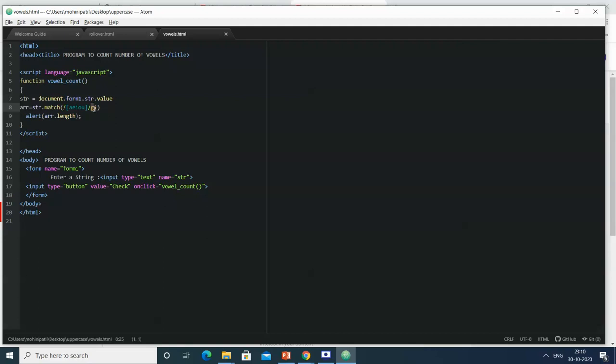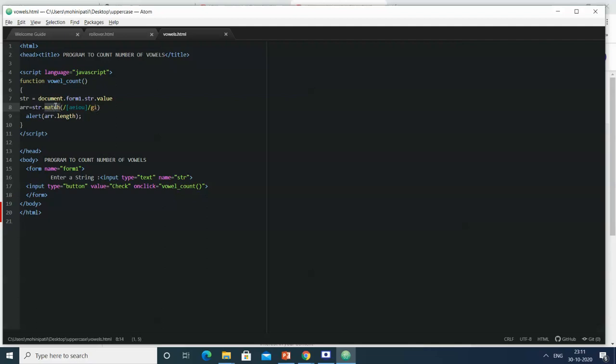Second thing is we want to check in the entire string. That is, if my string consists of multiple words, I want the regular expression to search in the entire string. So I have used the modifier g, which means global. That means it will search for those vowels in my entire string. And the second one is i, case insensitive, because A, E, I, O, U, whether in small case or capital case, I want the regular expression to count it as a vowel. Hence, I have used two modifiers over here, which are global and case insensitive.